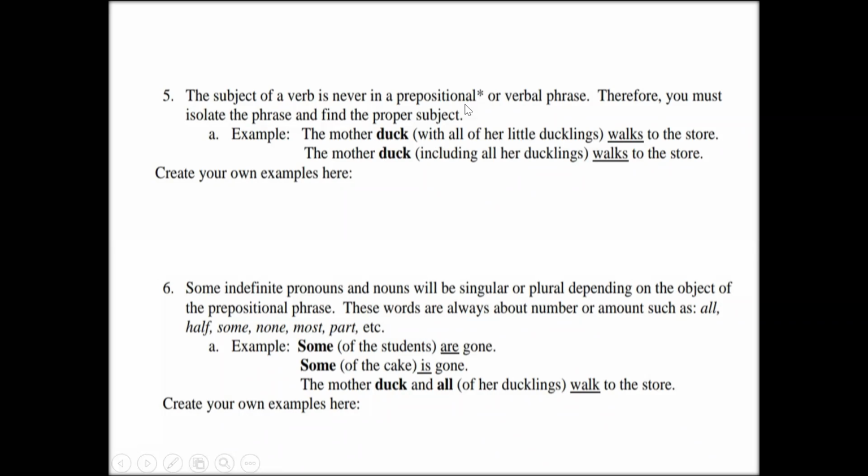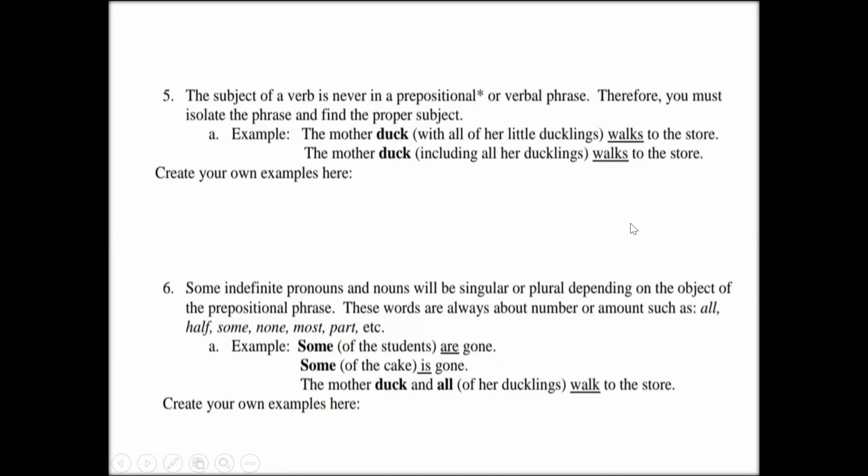Why? Because here we have the verbal phrase. Whenever we are talking about any phrase, we will not include the phrase for the subject. We will only include the main subject. And in this example, the main subject is the mother duck and she is singular. Remember, you will not include the ducklings. We'll just observe the mother duck, which is singular. So our verb will also be in the singular form. So I guess the first 5 rules of subject verb agreement are clear.